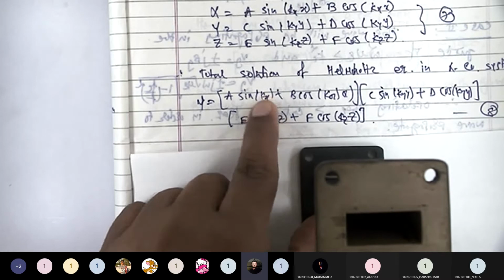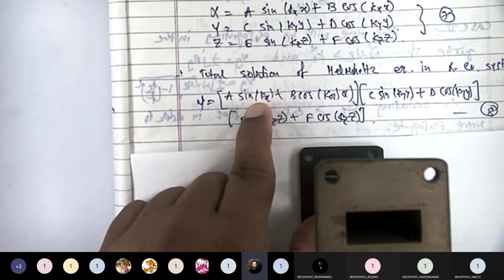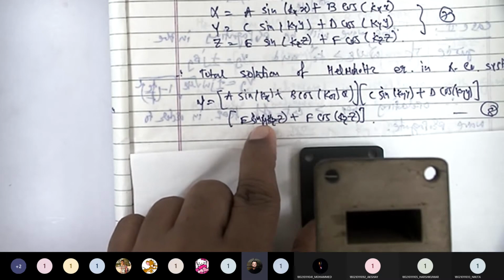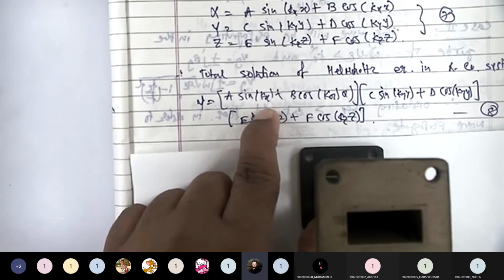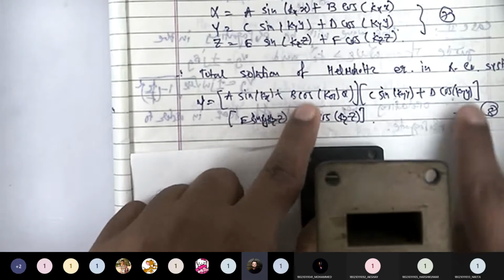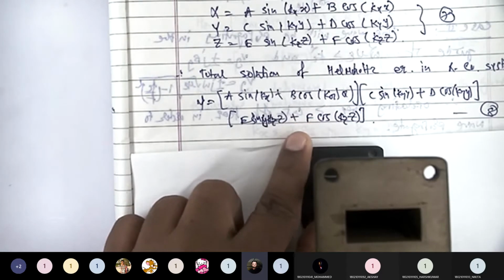So ultimately, you can see from the variables that the dependent variables in the brackets are kx, ky and kz. These kx, ky and kz are actually called the cut off numbers, which I will define later, but at this moment please remember these are considered as cut off numbers. Depending upon the different mode you will get different cut off numbers, so you will get different values of kx, ky and kz, and they remain constant for that mode.